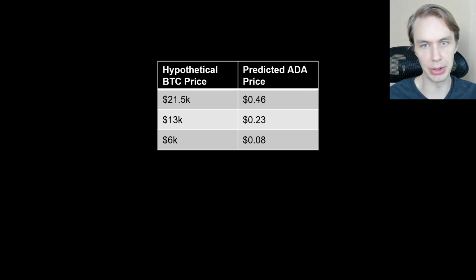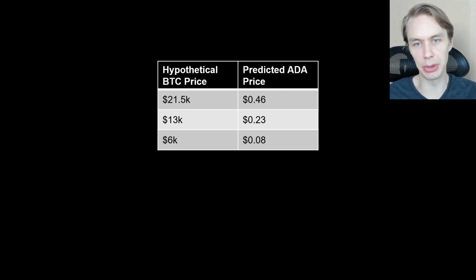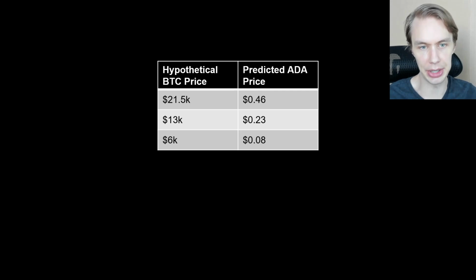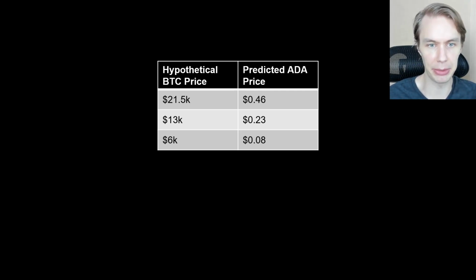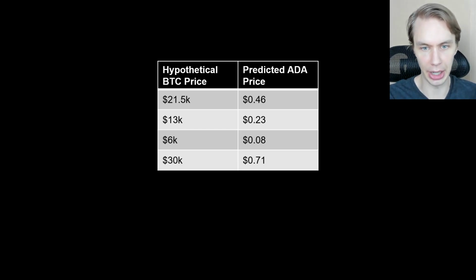But of course, for anyone who's long-term bullish on ADA, you could reframe it as just being a fantastic buying opportunity. But these are some, what I would consider realistic price targets for ADA, depending on what Bitcoin does. And if Bitcoin is this barometer of overall crypto market health, then these are just things that you might expect, that if Bitcoin were to follow these levels, then ADA's price might fall to these associated predicted levels, assuming that the relationship between Bitcoin and ADA remains relatively consistent to what we've seen over the past year and a half.